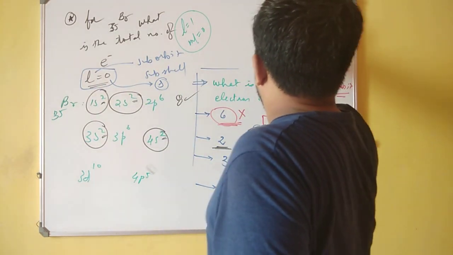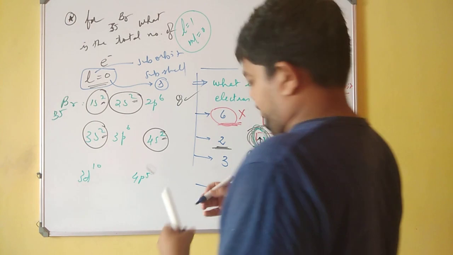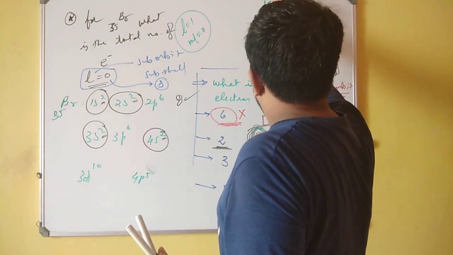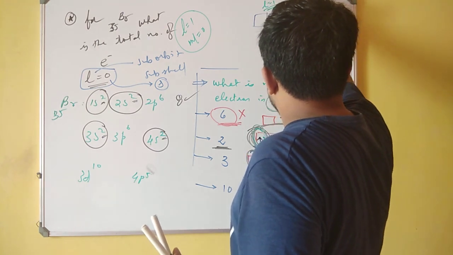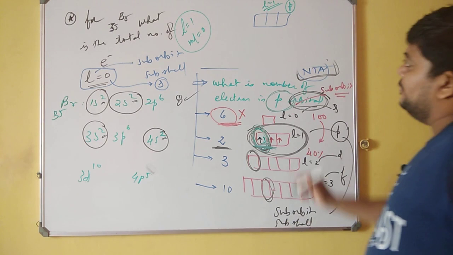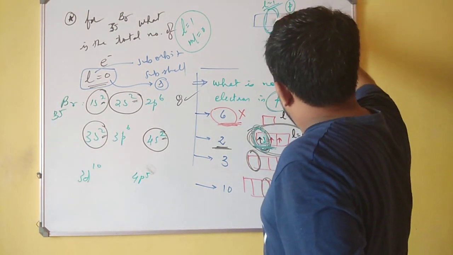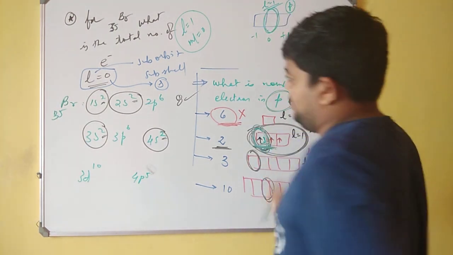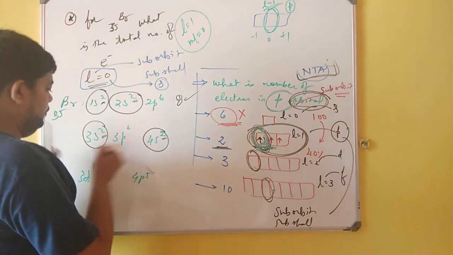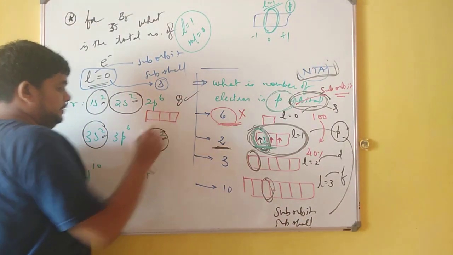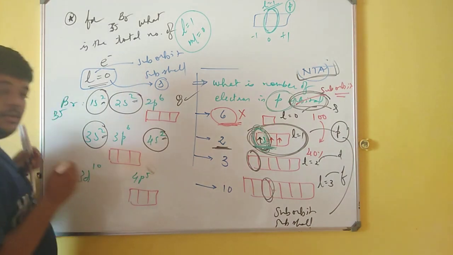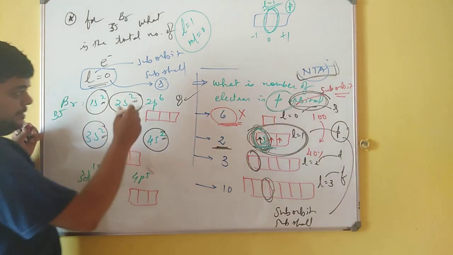See, L is equal to 1, because this represents P subshell, and ML is equal to 0, so I will be always talking of this one, because this is -1, 0 and +1. So for every P, now you will be required to draw these things, and then only you can answer. See what will happen. As it is 6,